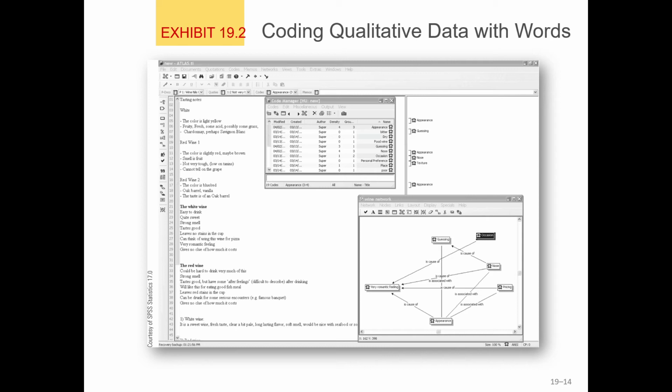After considerable thought and questioning of the experience, the researchers build a network, or a grounded theory, that suggests how a wine may come to be associated with feelings of romance. This theory is shown in the network view. The reader is interested in learning more about using software to help with qualitative coding.